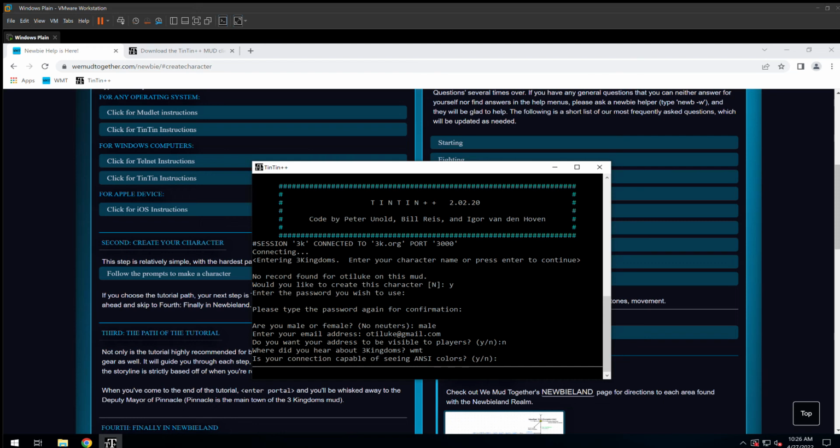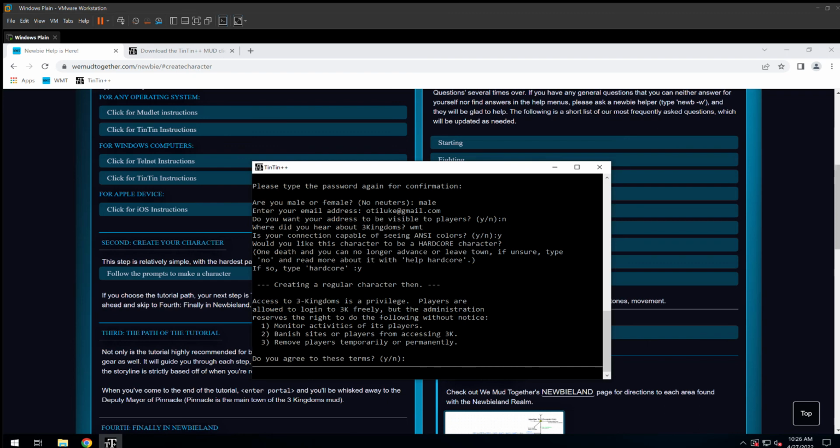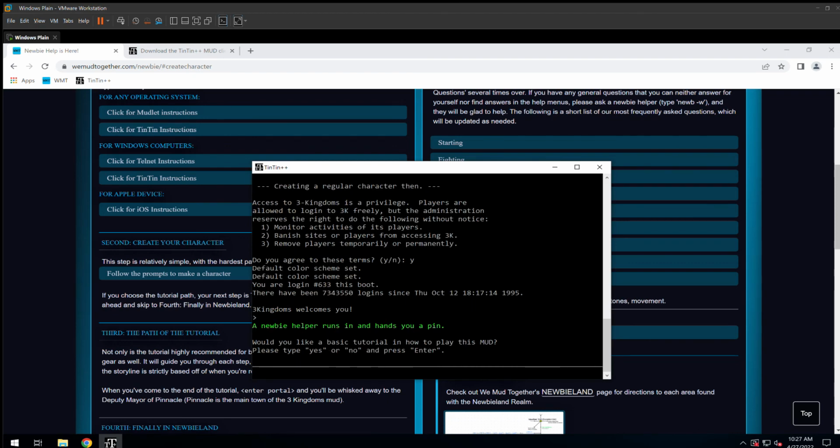TinTIn does support that, and it's very useful to have color support in your client. So go ahead and make sure you select yes for that. Okay, our character is created. I have a password for it,